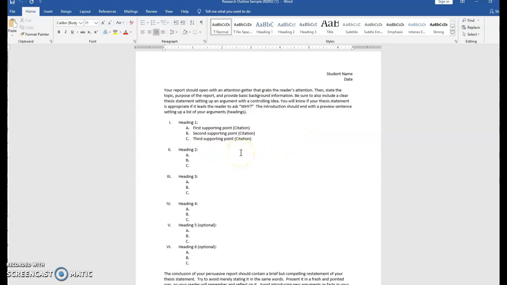The next part of the planner is space for you to deal with each section of your report. These headings, 1, 2, 3, 4, and as many as 6, correspond to your topics or your reasons that support your thesis. So you must have at least 4 and up to 6 supporting topics.